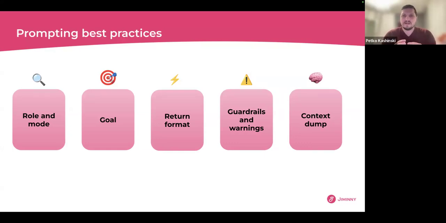Guardrails and warnings is technically where we set the rules, such as if a call does not mention something, do not guess about it, so you can fine-tune it very easily. The last bit is the context dump, which is all the information we give the model to work with. For Panorama specifically, it's not just the transcripts, but all the related metadata to the activity. You can mention under the context dump that you want to focus specifically on the transcripts, or just the metadata, or the number of deals that these activities are related to. So you have full flexibility to craft a prompt to analyze everything that you need.